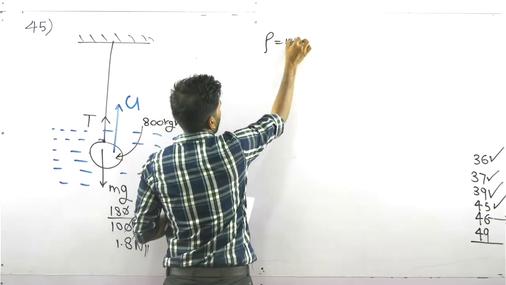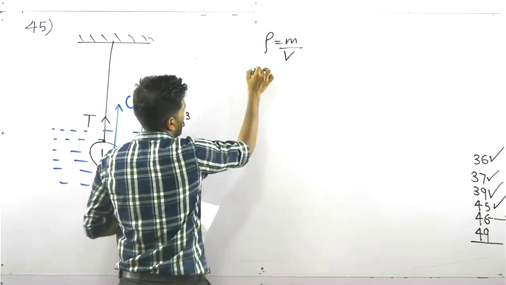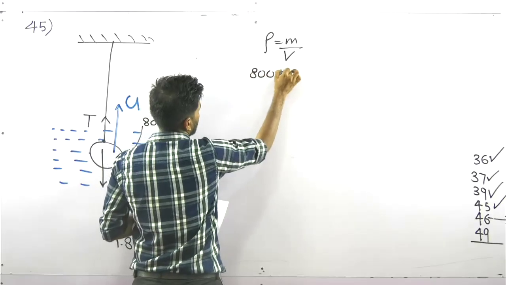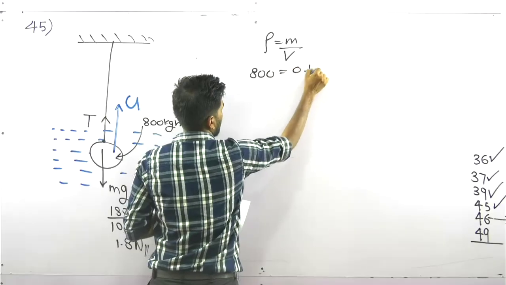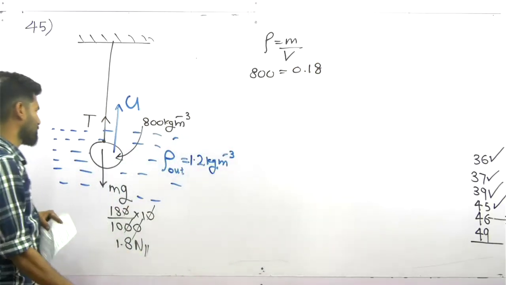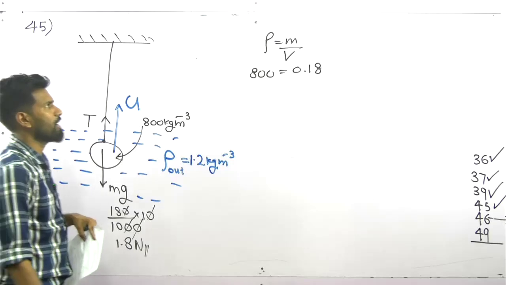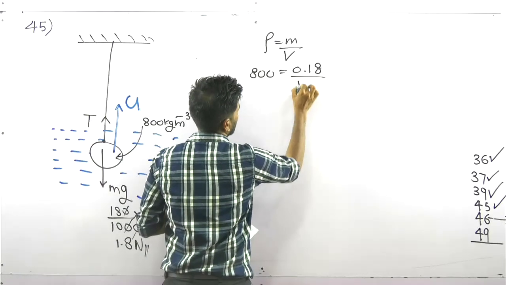Rho equals M over V. Material density 800, mass 0.18. The weight comes as 1.8, mass 0.18, and the volume of the object is